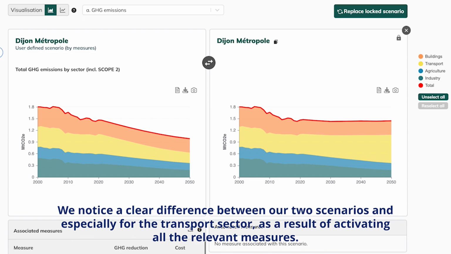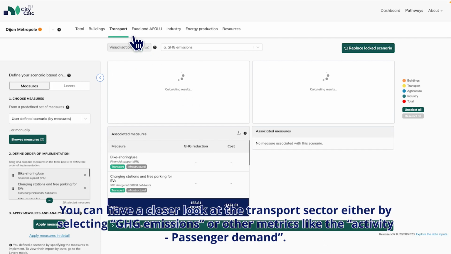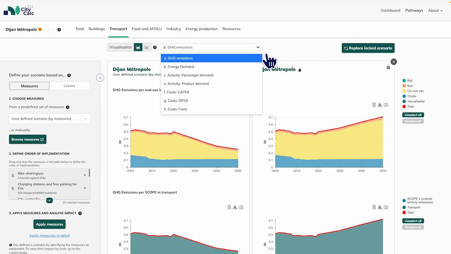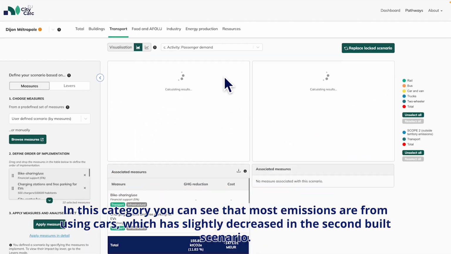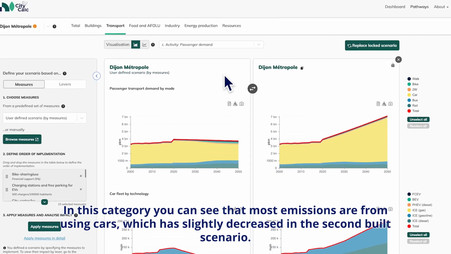all the relevant measures. You can have a closer look at the transport sector either by selecting GHG emissions or other metrics like the activity passenger demand. In this category, you can see that the most emissions are from using cars, which has slightly decreased in the